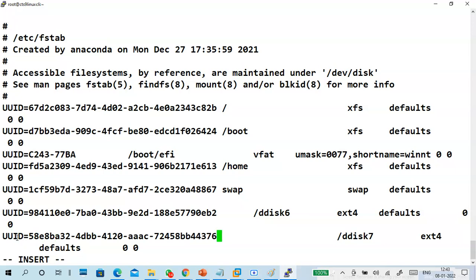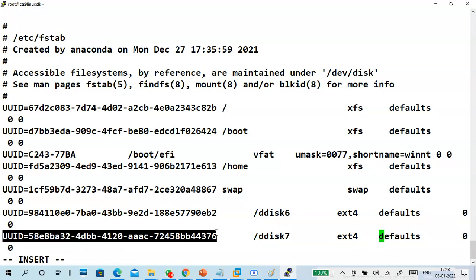Okay, so like this, you can adjust it as per your requirement. Okay, like this. So this is the UUID of sda7.